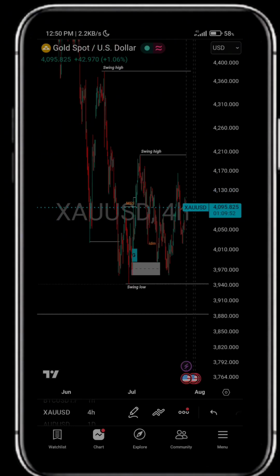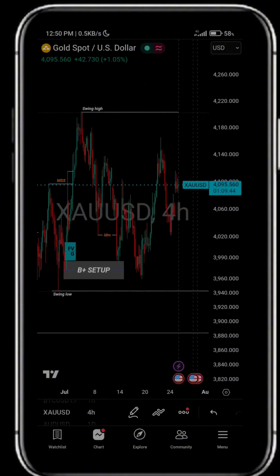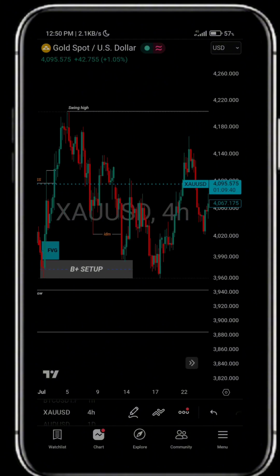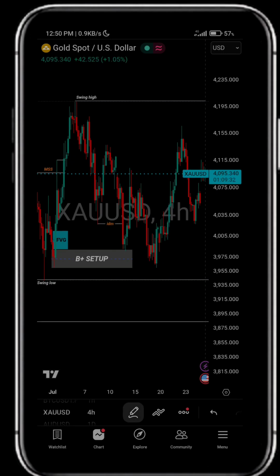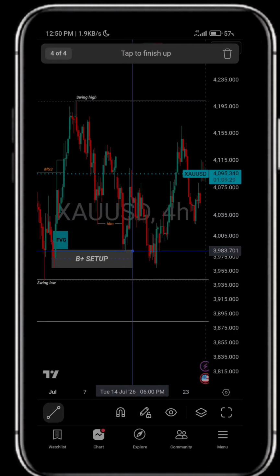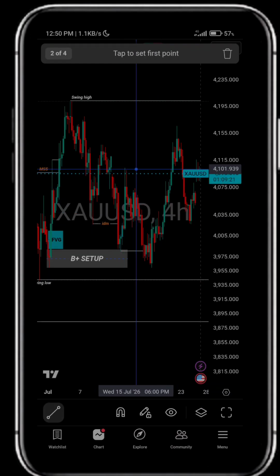The trend was on the daily time frame bearish, so this will be a B plus setup. Price triggered it and decided to sweep here before pushing up again. So when price did that, it gave a major change of character here,